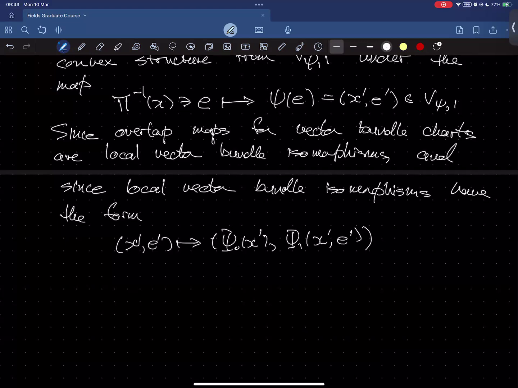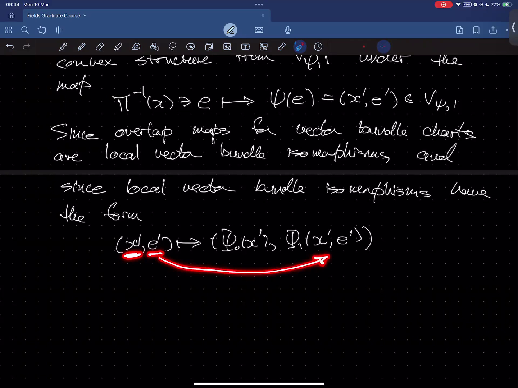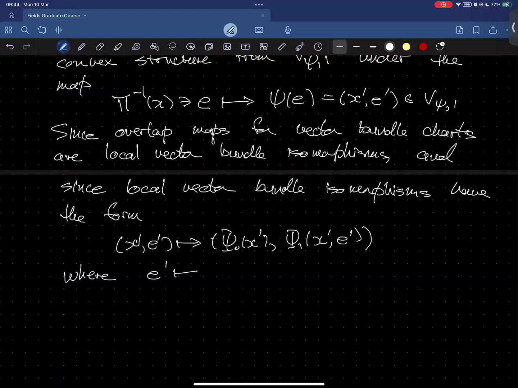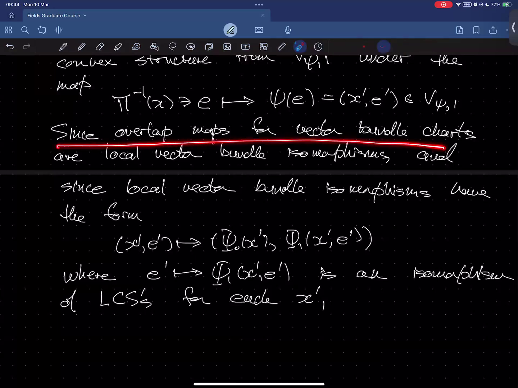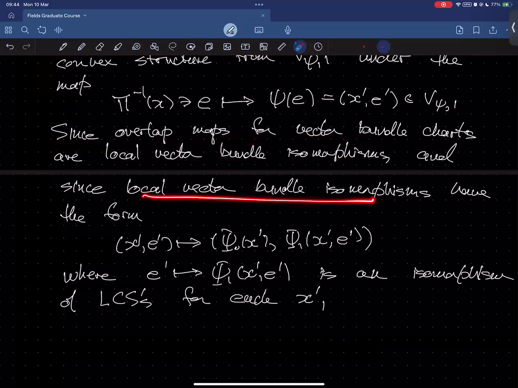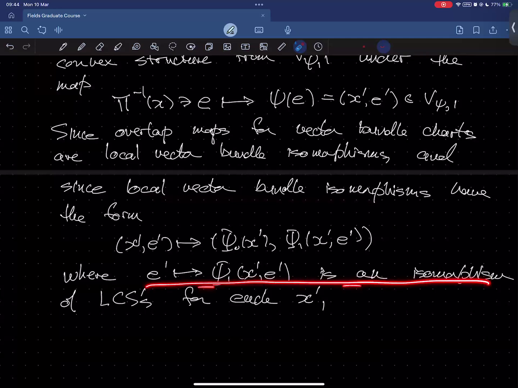And if it's a local vector bundle isomorphism, moreover, this is the definition of local vector bundle isomorphism, it means that for fixed x prime, the mapping e prime maps to psi 1 of x prime e prime is an isomorphism of locally convex spaces for each x prime. Okay, so there's a big long sentence. So since overlap maps are local vector bundle isomorphisms, and local vector bundle isomorphisms have this property, that this mapping is an isomorphism,